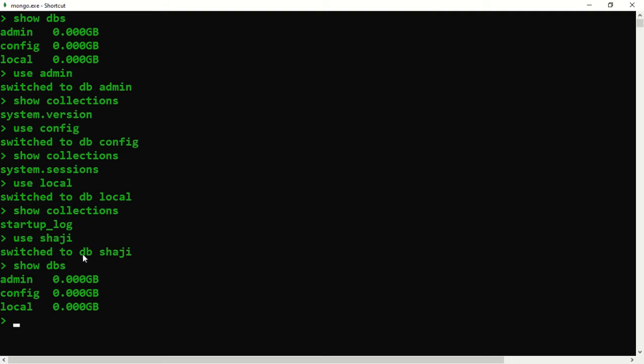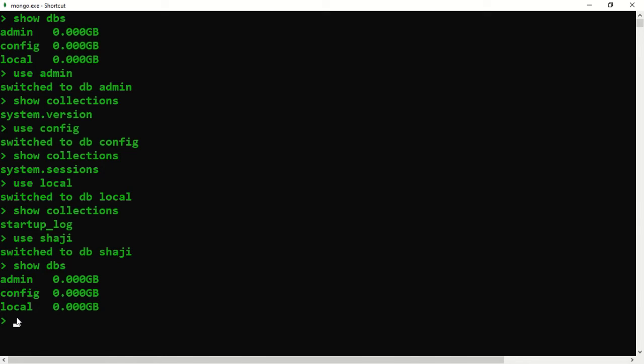But when I say show dbs, it is not listed. The reason is that according to MongoDB, the name of the database will not be shown unless there is at least one collection in that particular database. Since we don't have any collection in it, it is not showing in the list.